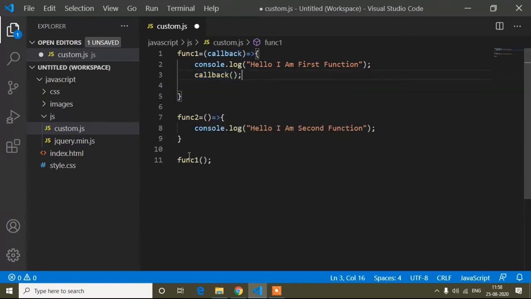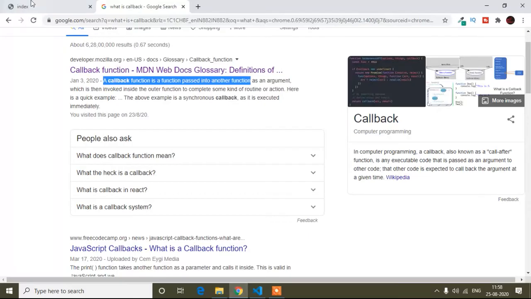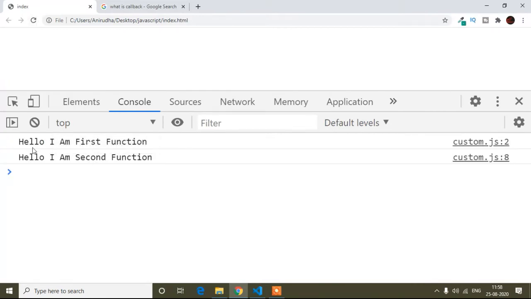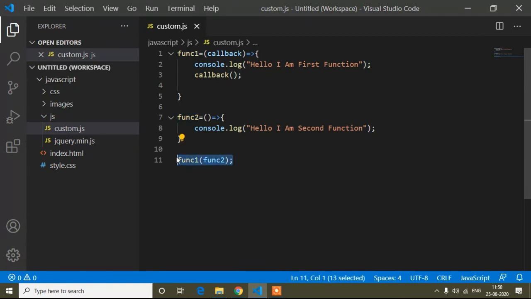And when I pass this function 1, so here I passed a parameter. So this parameter is the argument callback, and this parameter is similar to function 2. So just here I have to pass this function 2. So now the callback is similar to function 2. So if I save and check the browser, you can see it's showing the same output. So now it's also a callback function. They both are different syntax, guys. So I hope guys you understand what is callback.